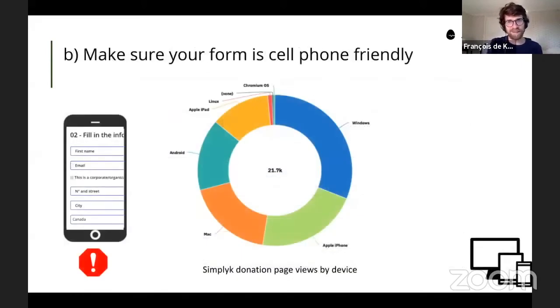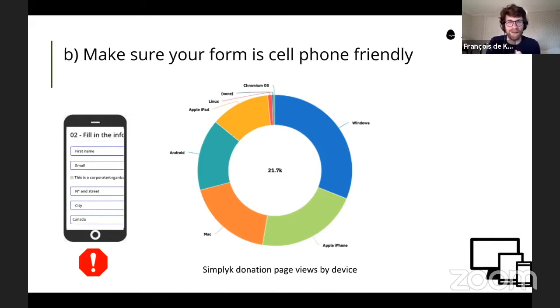And that's, okay, I said the only thing to do was to measure your donor conversion rate. That's the only thing to do. So those are data from SimplyK from last week. I don't know which day, but I just looked at the devices. And so I think today, just after the webinar, you can go to your Google Analytics and check what people use when they go to your donation page. And it's probably close to 40%. So it's huge, and it's growing actually.